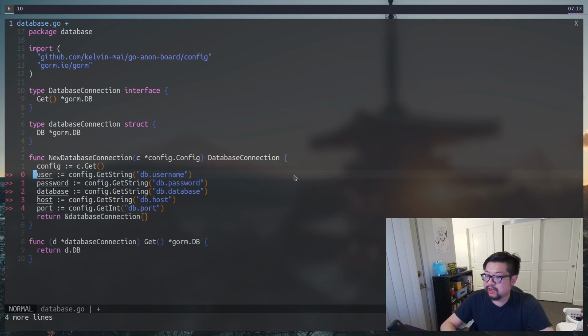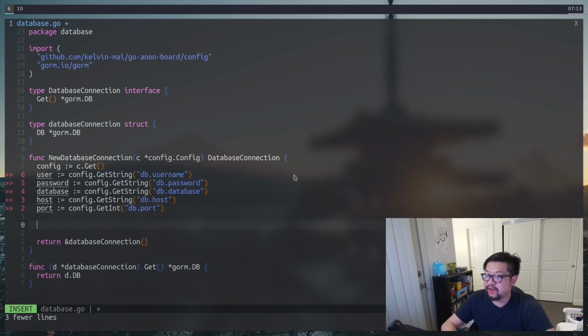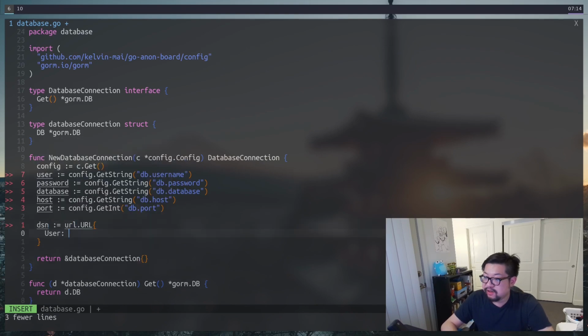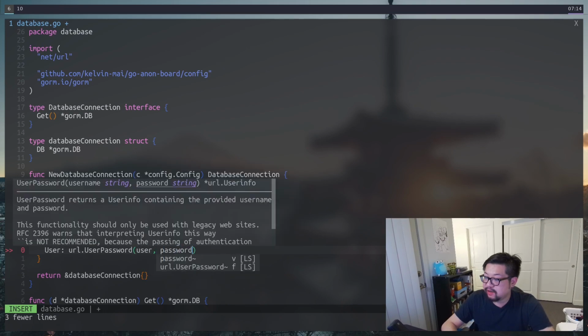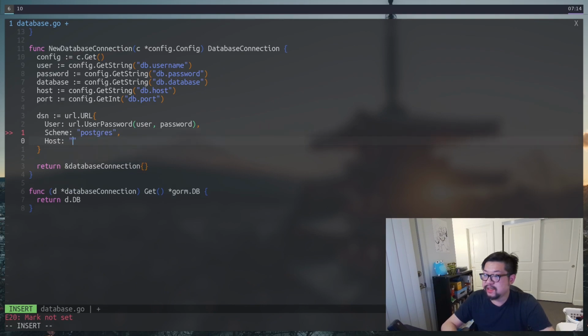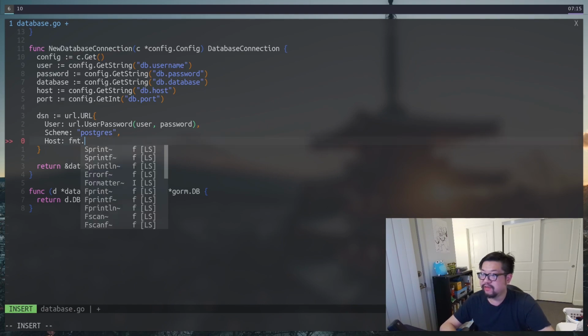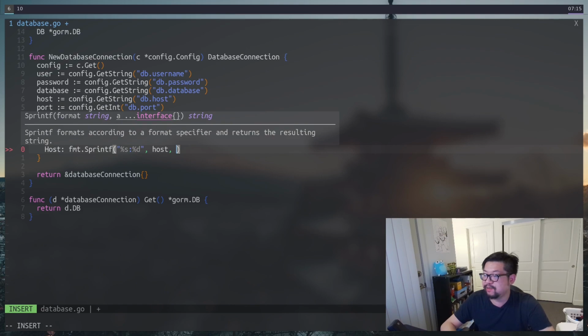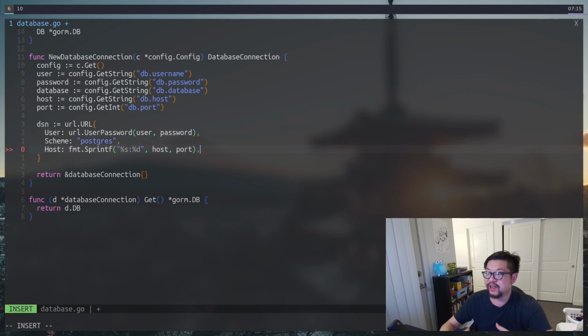Now this might be a little redundant, but we're just going to grab all of the different configs that we just set. And with all of those, we're going to need to create the DSN, which is a URL type, where we have user, which is comprised of the user and password. Let me scroll down a bit actually. The scheme is going to be Postgres. Now the host name is going to be something like host:port, but we're going to do a small little trick where we use the fmt package and do Sprintf, so we can replace the string part with the host and then the digit with the port, and that'll give us the string